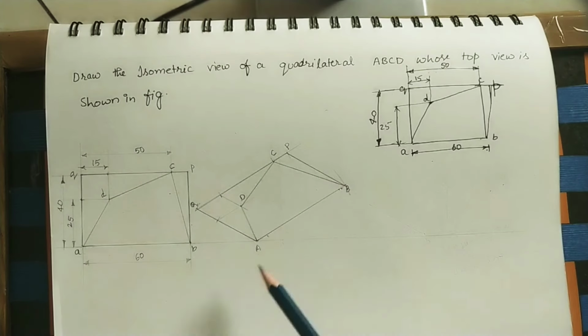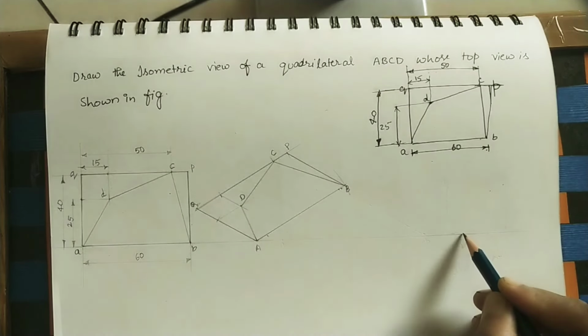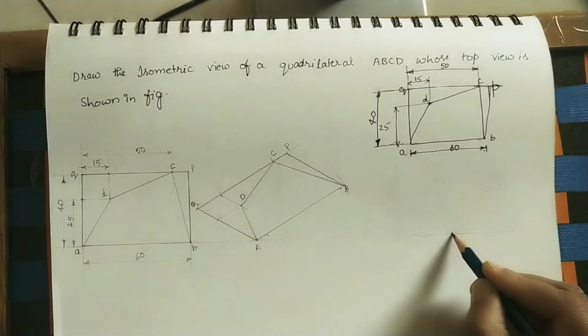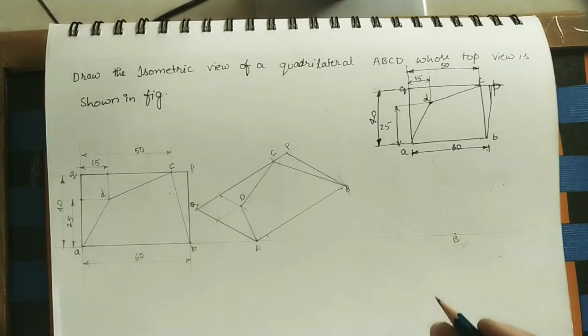So in this diagram, isometric view, initially we are taking A point. So in the next possible method of isometric view, take the B point. After some gap from this diagram, on the same extension line I am taking. As I told, it is not necessary that we have to take it on the same line. We can take here or here like that. Wherever gap will be there, we can take B point.